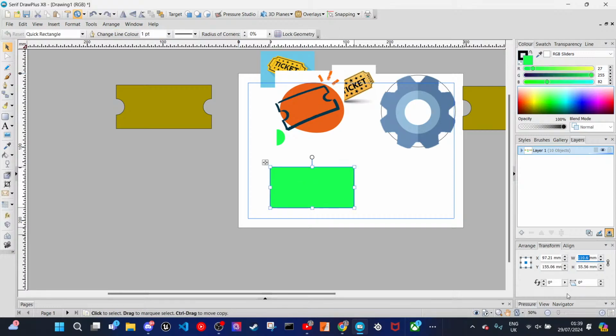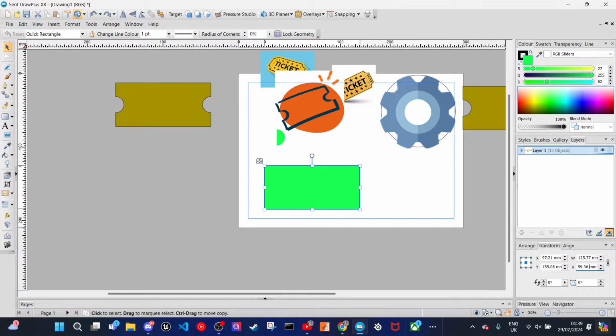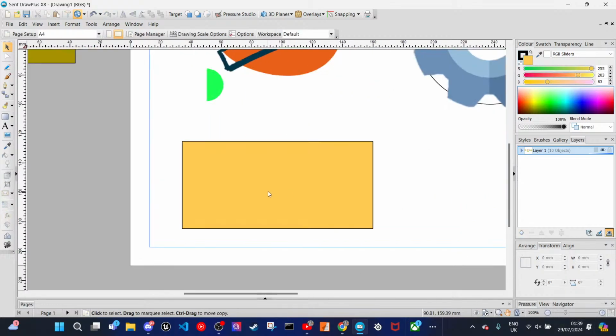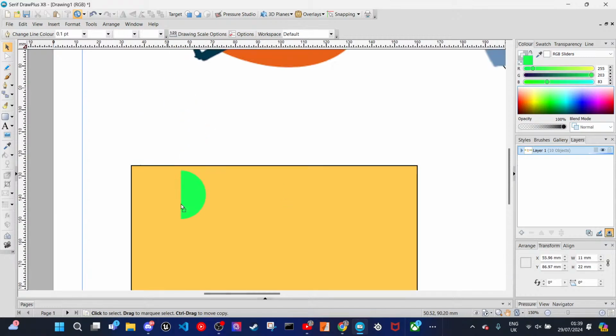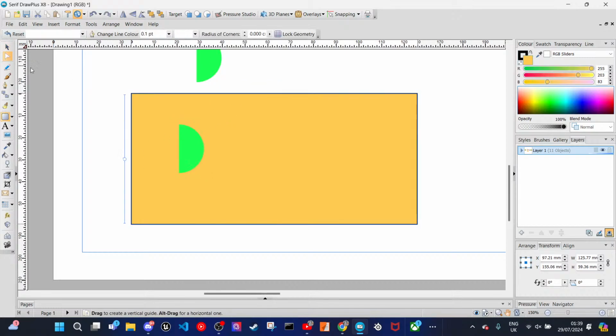125.77. And we have a height of 53.36. And that's basically the same. Now we want a different color again so we can see it more easily. That's also probably closer to the ticket color, but it's definitely not going to be our final color for sure. Let's get our spare one there. Before we even start working on it,